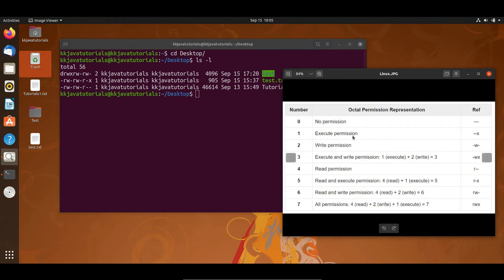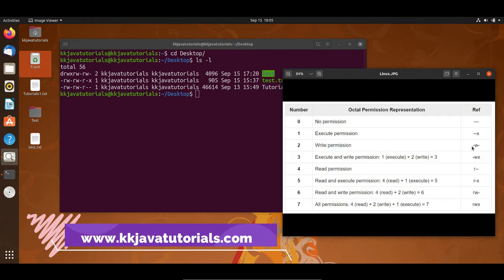When you talk about the execute permission, look at this sequence: first read, write, then execute. If you have only execute permission and do not have read and write, the first two bits will be dash, and x represents the execute permission. Similarly, if you have only write permission, then first is dash, meaning no read permission, w means write permission, and dash means no execute permission.